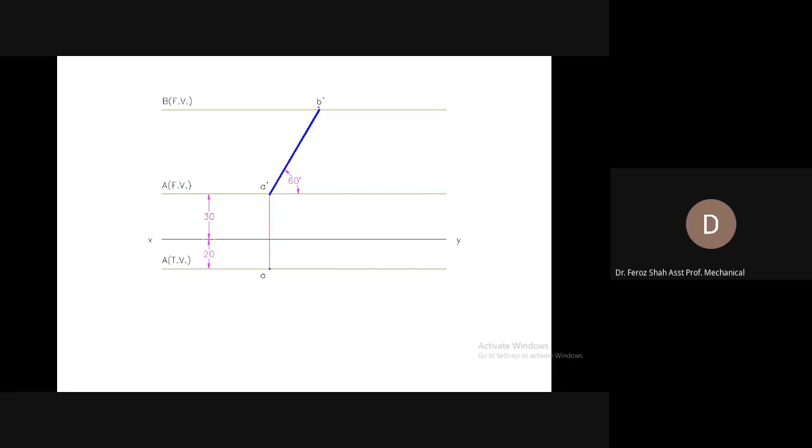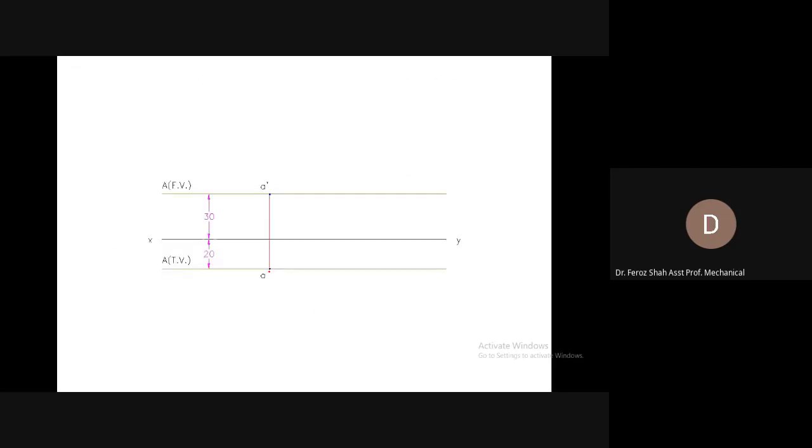Draw the locus for B dash as well. Now for the top view, draw a perpendicular projector of end B. We are given the inclination of the top view, which is 45 degrees. We are not given the length of the top view, but starting from end A,